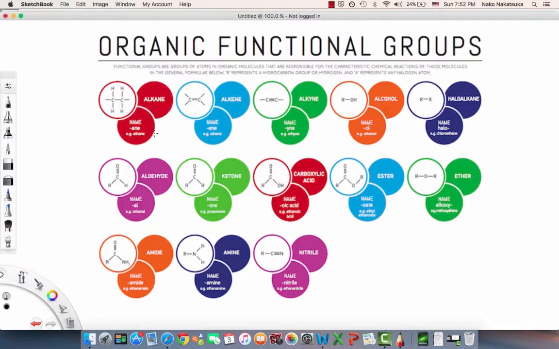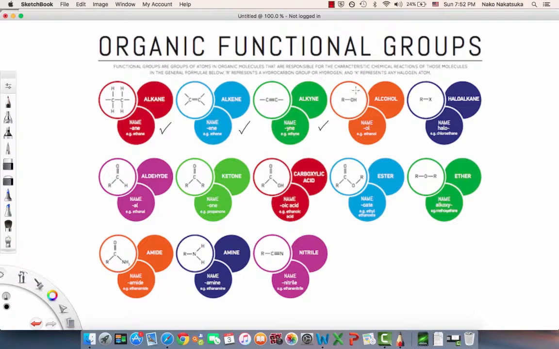Okay, so we already went over alkanes, alkenes, and alkynes, and by looking at these pictures, you can see that the suffix is -ane, for example, ethane, and for alkenes it's -ene, such as ethene, and then -yne for alkynes, such as ethyne. But now we can also talk about other functional groups such as alcohol,